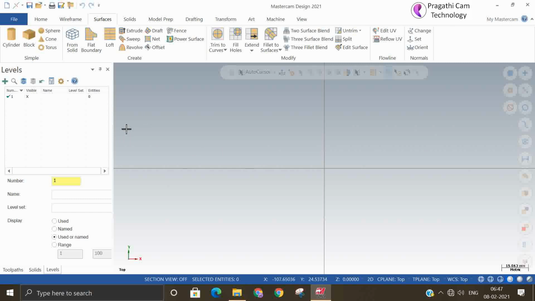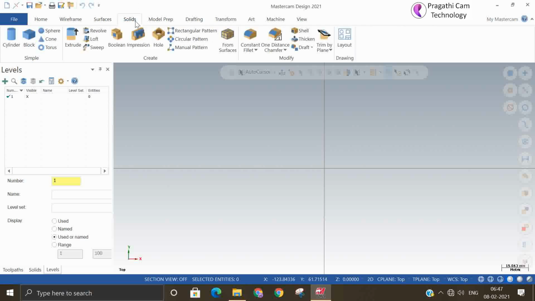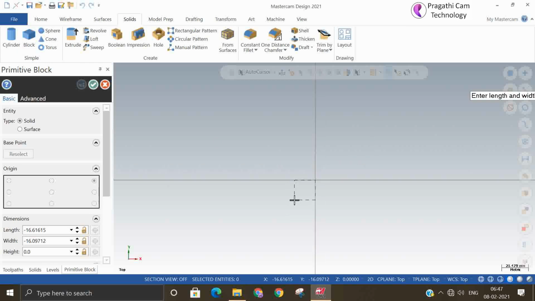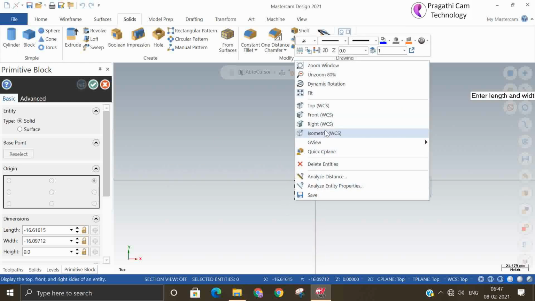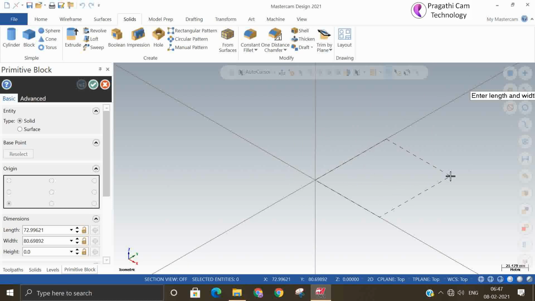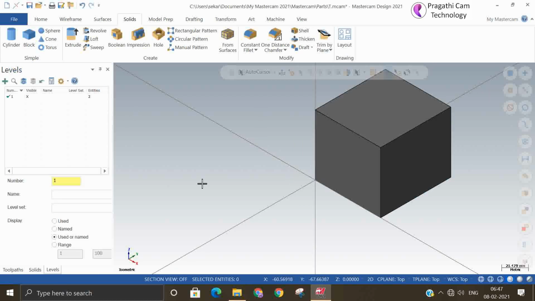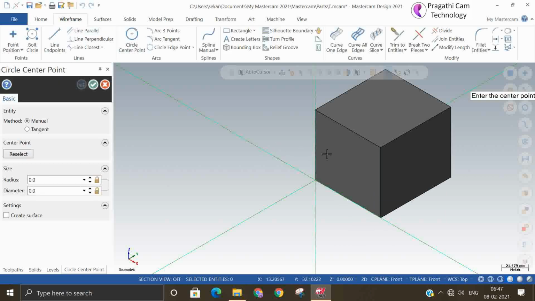The next option is From Solid. Suppose I make a small box here in isometric. I have made one solid. Then I will make something in the front view.